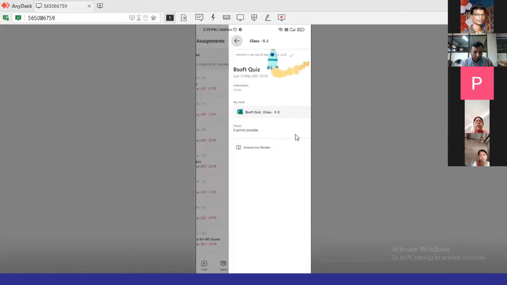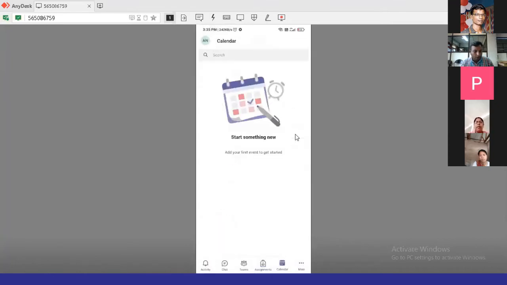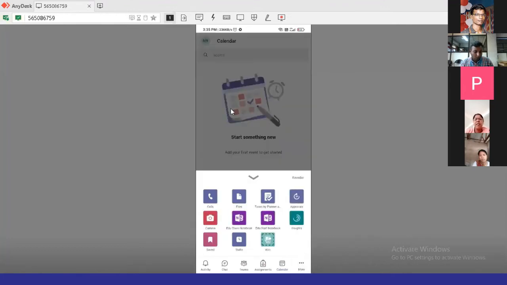Then we have the calendar icon. Using the calendar icon, I can also join the class. Right now, there is no schedule of classes. Otherwise, it will show you here that there are classes to be taken up. Next we have the apps or camera files, and you can also call the respective teacher if needed.